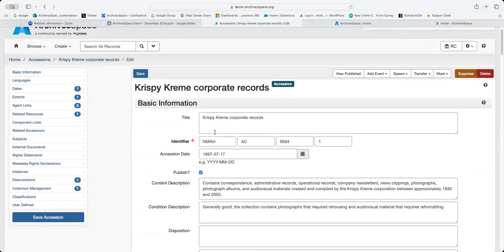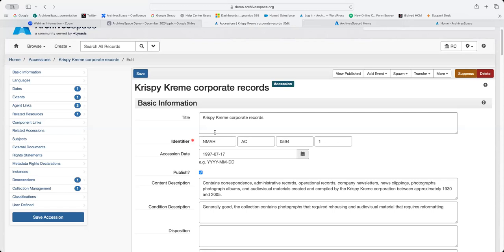Accession records store information about the receipt of materials that typically means this collection is unprocessed. An accession record may be for a single item or an aggregation of materials. It can represent the acquisition of a new resource or an accrual of an existing collection. An accession record must record the accession identifier and date of the accession, and an accession record may include much more descriptive information like I mentioned.